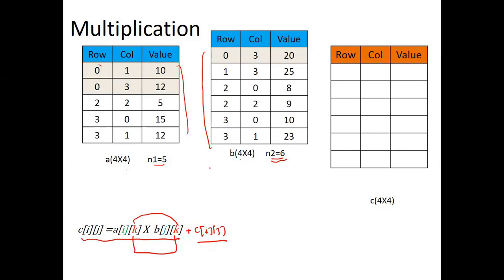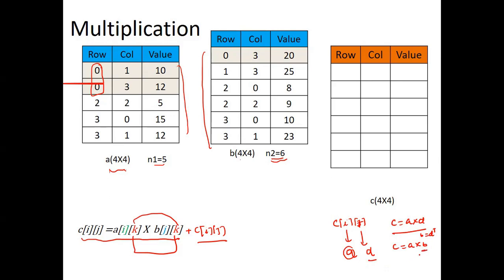So possible entries are, for the first array, the row value is this one. And I used to say Cij. What was Cij? For matrix A, that is the 0th row, ith row. And if I'm taking the original matrix, let it be D, the jth column of the actual matrix D. This is what I wanted to do. But I took the transposed version. So that is B. B is nothing but the transpose of D.